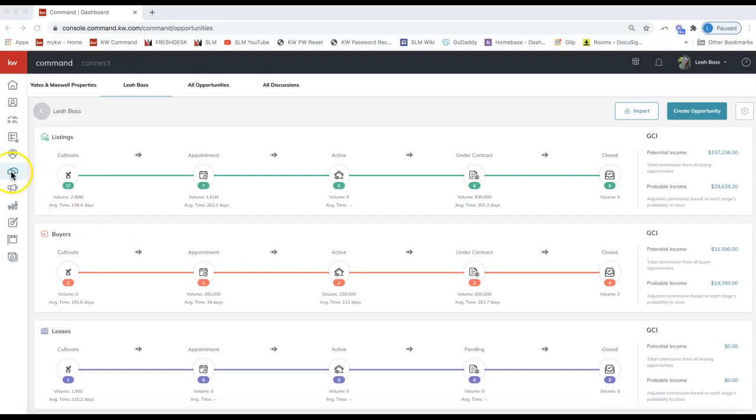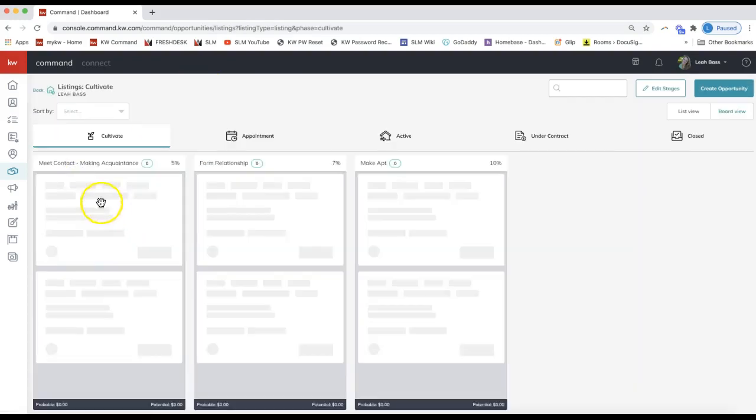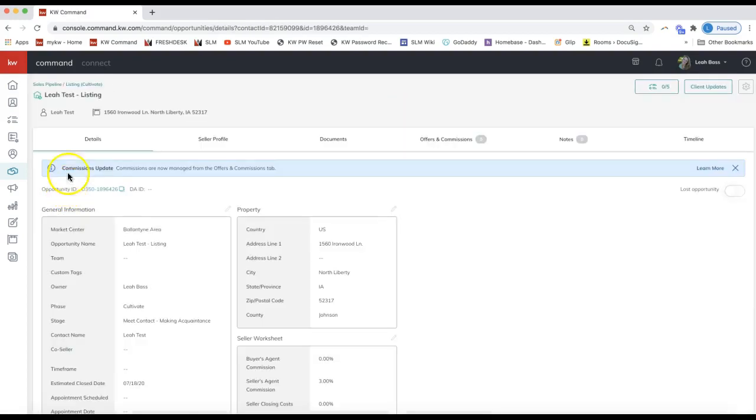So if you go onto the opportunity dashboard, just to show you where the market center name pulls into the opportunity, if I click on just any of my opportunities in here, so if I click on my pipeline or click all opportunities, however you navigate to your opportunity, you'll notice that if you click on that, it'll have the market center name in the description, in the general info and the details of your opportunity. So however you navigate to locate your opportunity, simply click on the opportunity name in teal, and that will open up the details here, and you'll see which market center that opportunity is associated